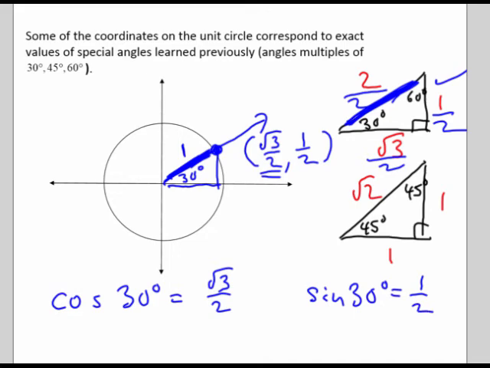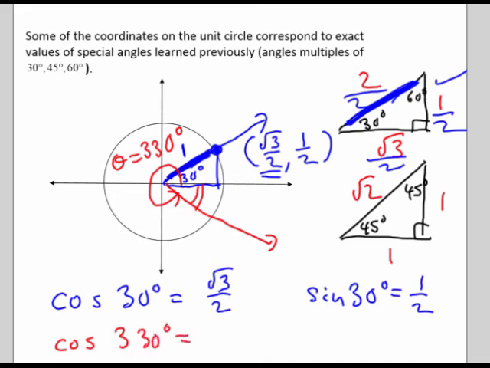But the great thing about this is that if you wanted to take an angle whose reference angle was 30 degrees, so let's suppose I took an angle here. Now the standard position angle would look like that. And the standard position angle with a reference angle of 30 here, there's the reference angle, would make this angle here 330 degrees. So if I asked you what's the cosine of 330 degrees and the sine of 330 degrees,